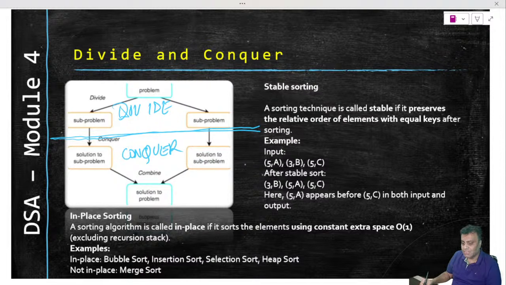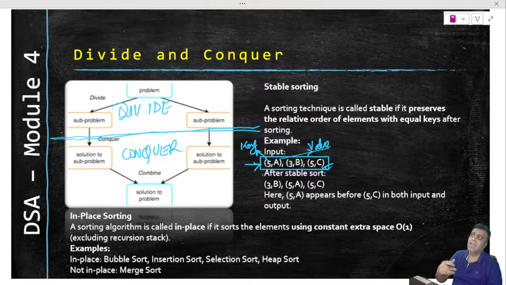Suppose you have a list like this that needs to be sorted. So this is a list, right? And this list needs to be sorted. What is contained in this list? There is, let's say, a key, which is containing 5, and let's say A is a value of that particular key. So if the key is 5, the value can be A. If it is 5, it can also be C. So we can see that the key is duplicate, right?